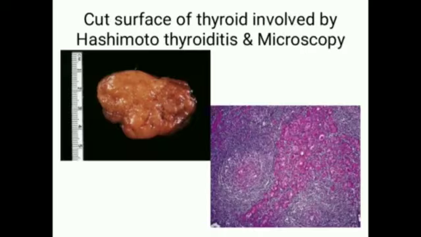Here you can see how the Hashimoto thyroiditis thyroid looks. Okay, and here you can see on the right hand side the pink color area, they all are oxyphilic changes. Okay, and the rest, if you see the round structures, that is lymphoid follicles. Germinal centers are present in the lymphoid follicles. So it is a typical picture of lymphocytic infiltration in the stroma and this oxyphilic change which will be there in Hashimoto's thyroiditis.